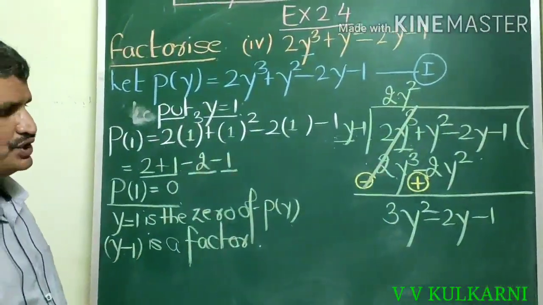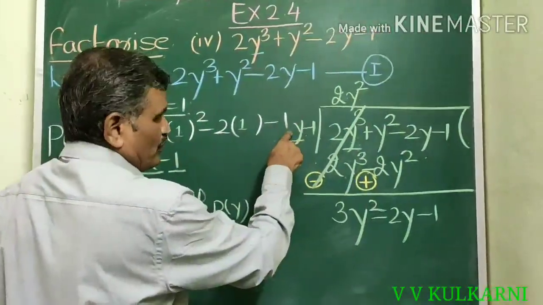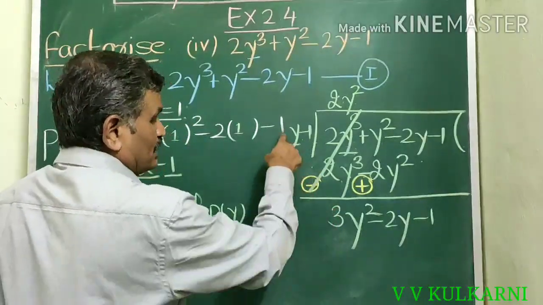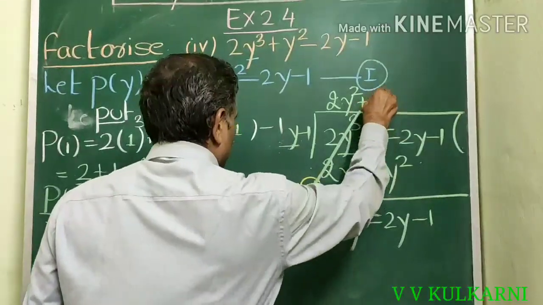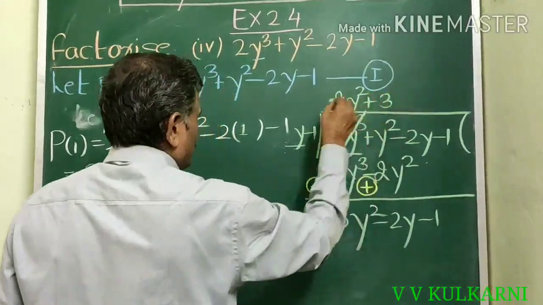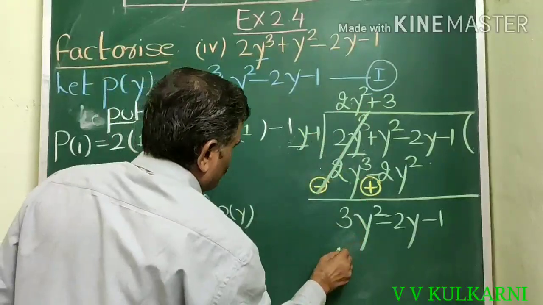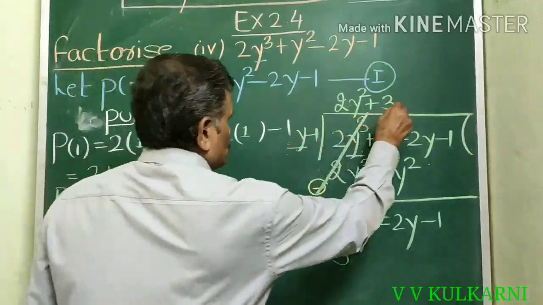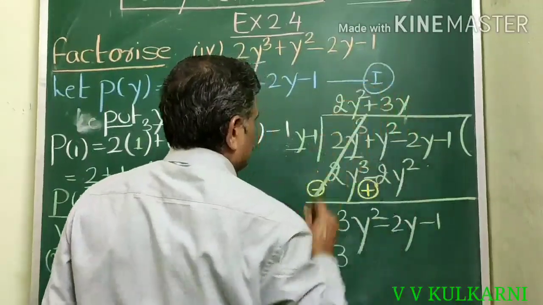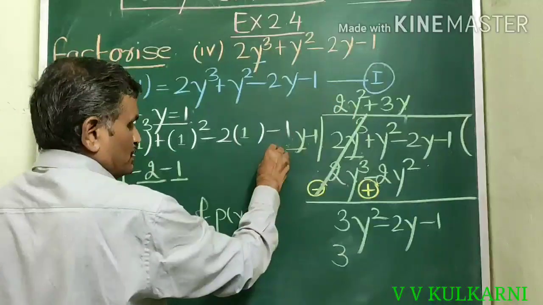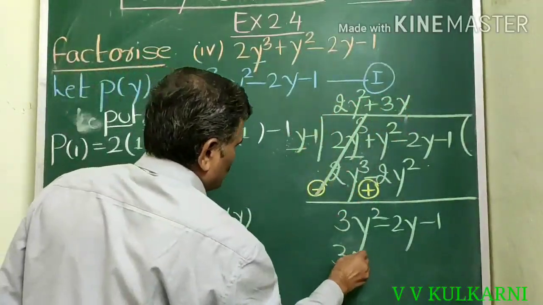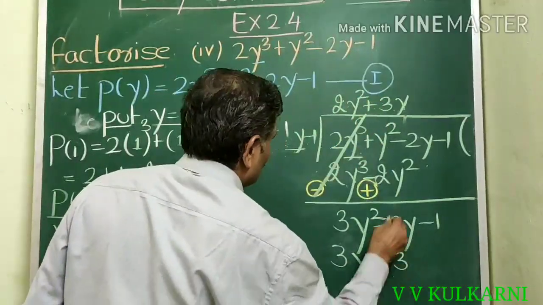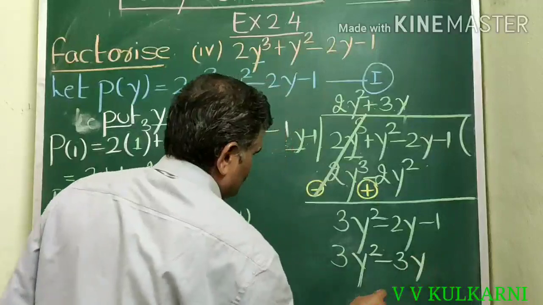Again we have to continue the division. Here the coefficient of y is 1, the coefficient of y is 3. So I should multiply this by 3 plus 3. So if I do so, what will happen? 3 into y, 3 into 1 will become 3. Now I need to get y square and y is already there. So what I will do? I will multiply by y. So plus of plus is plus. 3y into y is 3y square. Plus of minus is minus. 3y into 1 is 3y.